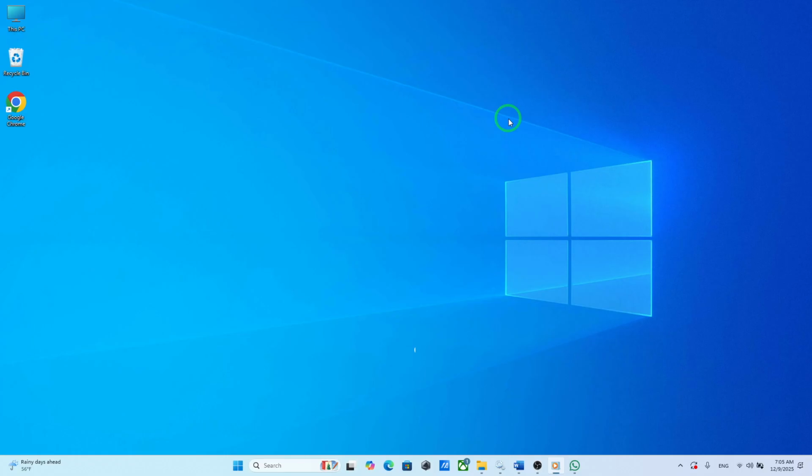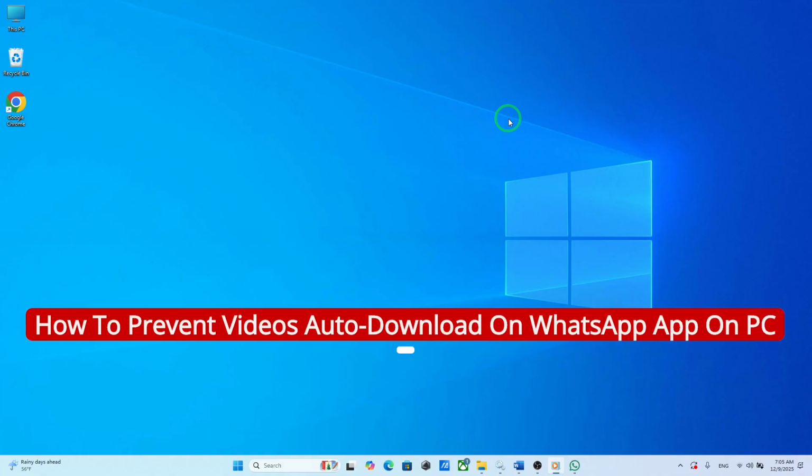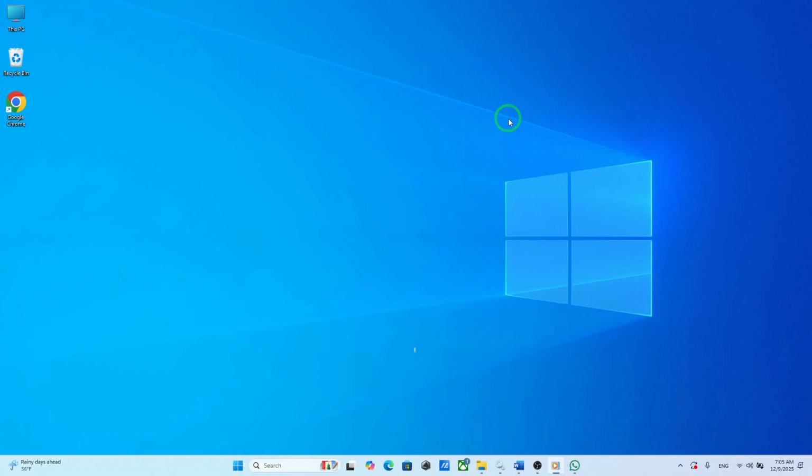Welcome! If you have noticed videos automatically downloading on your WhatsApp for PC after the new update and taking up too much of your storage space, don't worry, there's an easy fix. In this quick guide, you'll learn how to stop videos from auto-downloading on the desktop version of WhatsApp in just